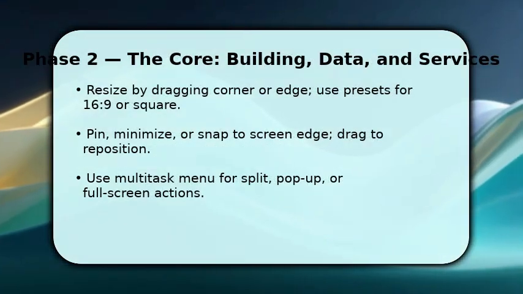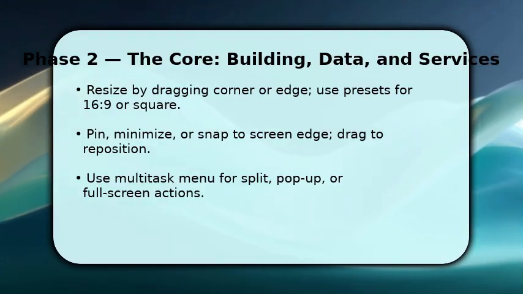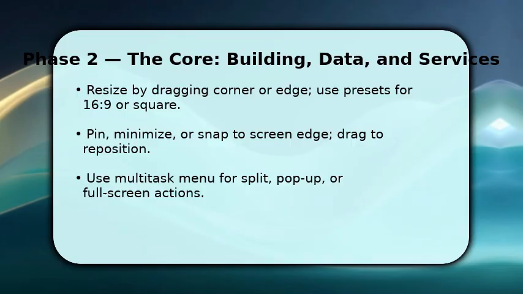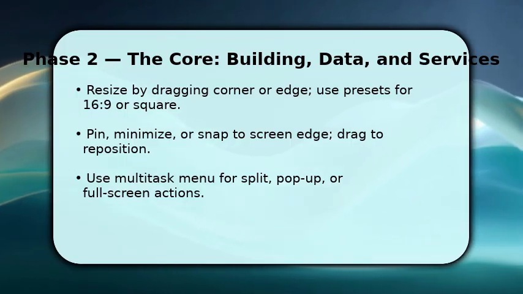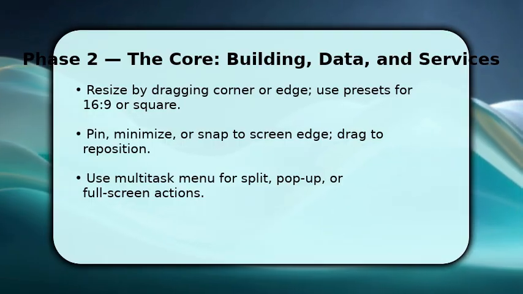Now you control the window. Drag any corner or edge to resize. Vivo supports presets so you can snap to a 16:9 layout or a compact square for chat. Once resized, drag the title bar to reposition and snap it to a screen edge to keep it out of